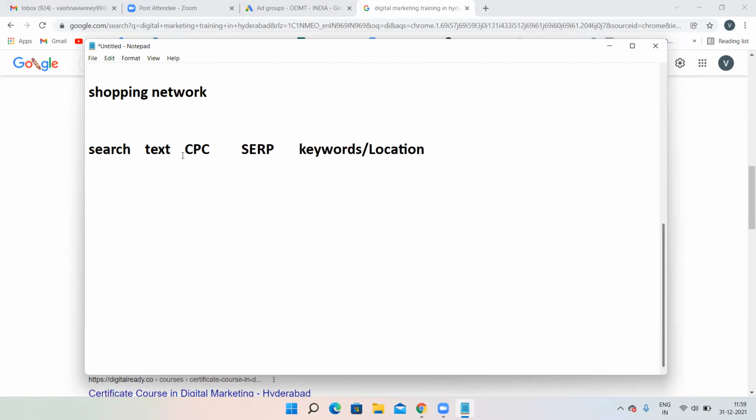See, by default, there is an option in Google Ads account that when you are creating search network or a display network, two particular blocks will be checked. That means by default, those two will be checked. What will happen if you don't uncheck those two options? There is a chance that your particular advertisement is going to appear on Google Display Partner websites also or on YouTube also. So always remember to uncheck those two options. Otherwise, you'll be losing your money. So majority of the times it is going to appear on SERP and you are targeting with the help of keywords and locations. This is about search network.